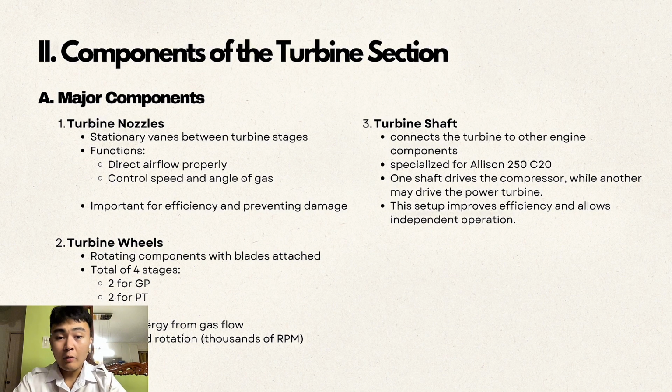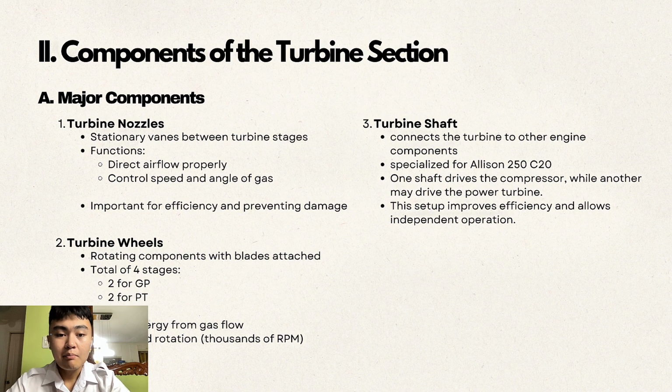Power turbine. The power turbine, also called the free turbine, is especially important in helicopter engines. It is not directly connected to the compressor. Instead, it extracts energy from the exhaust gases and uses it to drive the helicopter's main rotor through the transmission